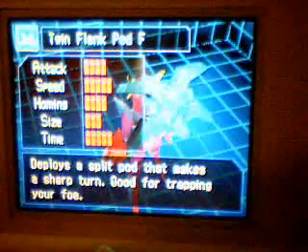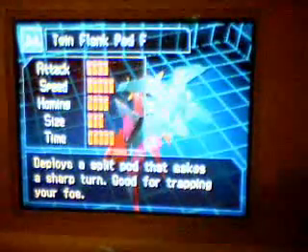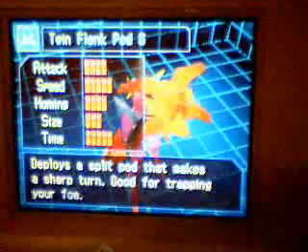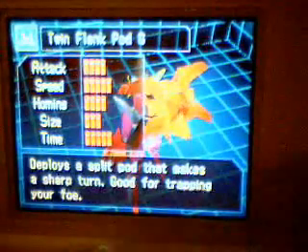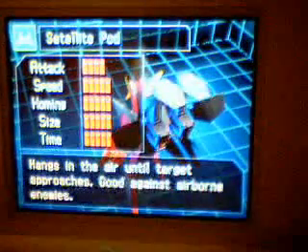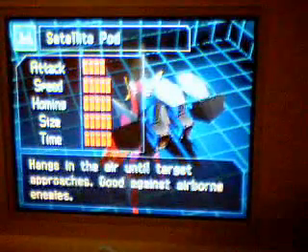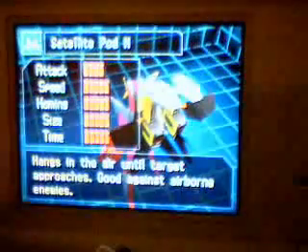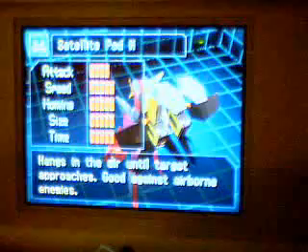Twin flank pod F. Deploys a split pod that makes a sharp turn, good for trapping your foe. Twin flank pod G. Deploys the same thing again. Satellite pod G. Hangs in the air until a target approaches, good against airborne enemies. Satellite pod H. Hangs in the air,